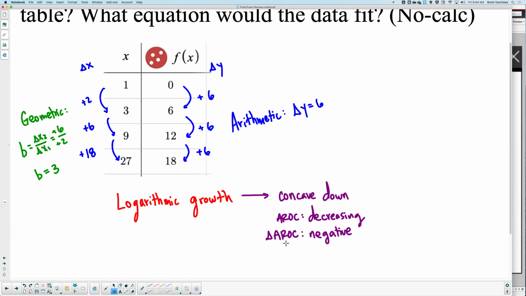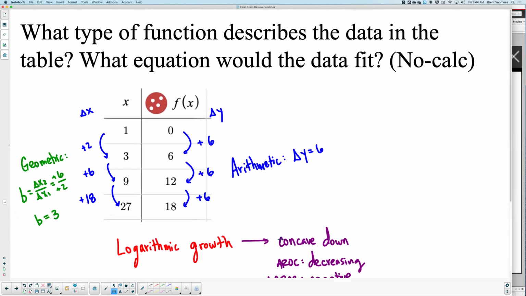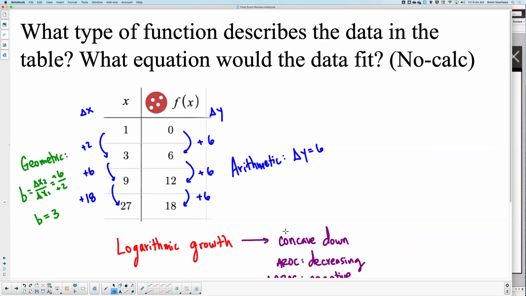Okay. You ready for the next one? Oh, I'm supposed to write an equation. I'm sorry. I forgot to write the equation. If it's a log, the equation for a log,